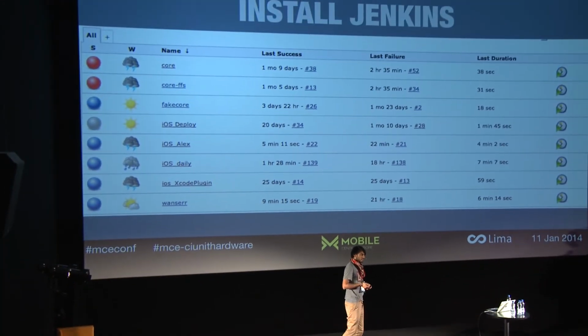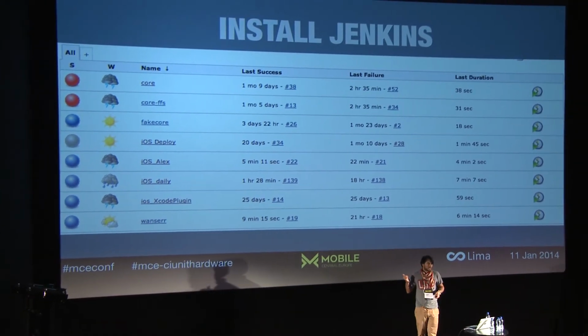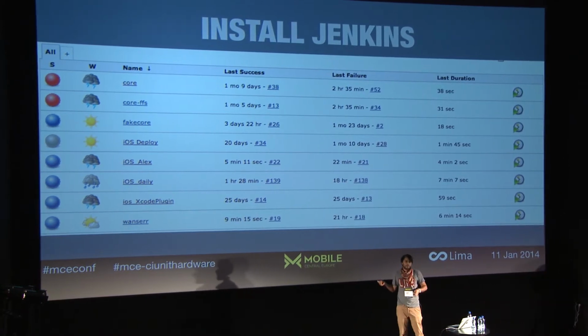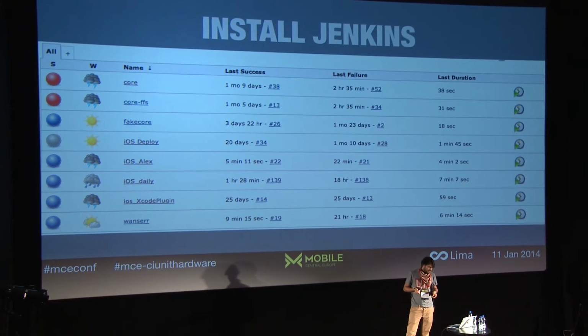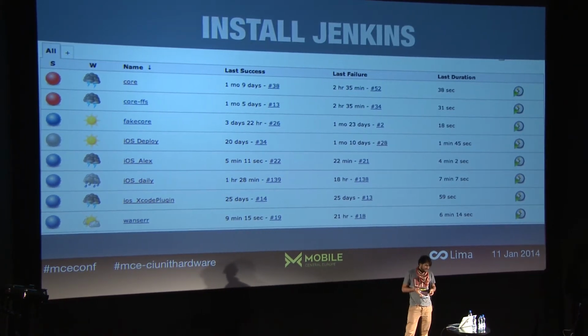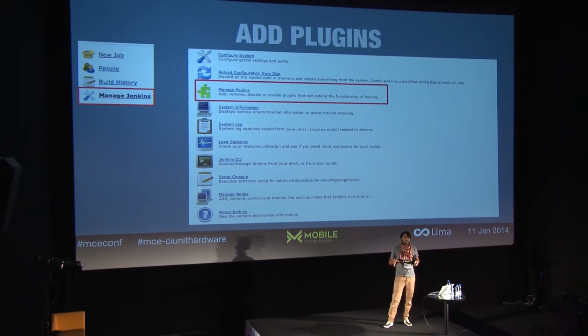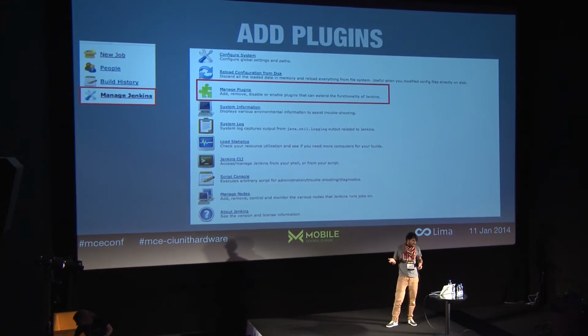So this is a list of all your jobs. The first three are code in C, and after we've got some iOS jobs, we also have Android and other platform jobs. So Jenkins can run almost every code. Jenkins comes with plugins, so you've got a plugin for everything. You have a Chuck Norris plugin, for example. It doesn't help so much, but